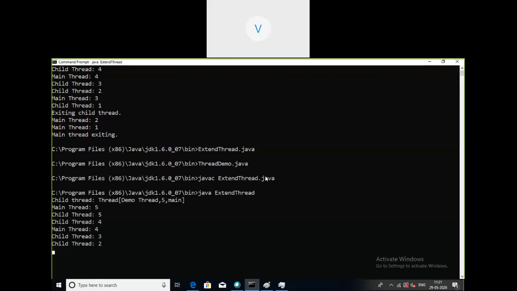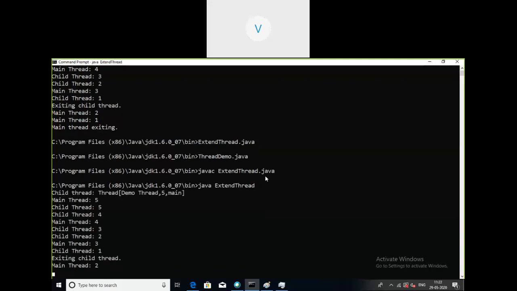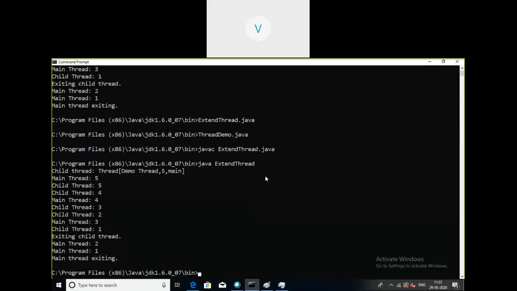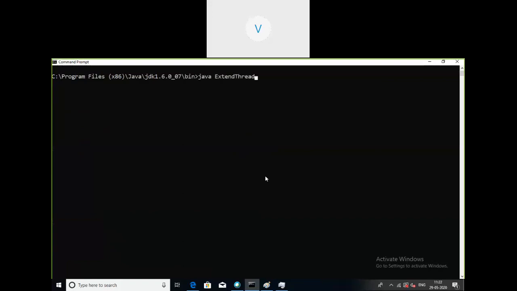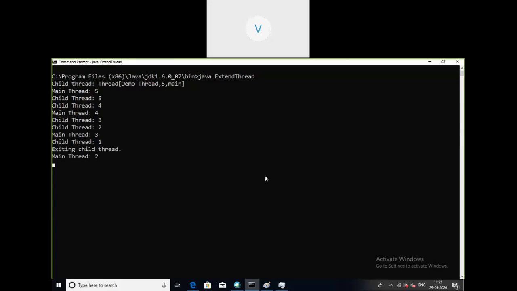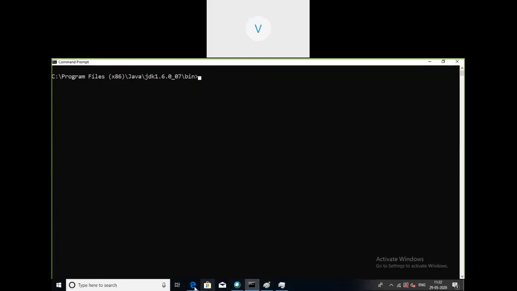So you can see main thread 5, same output sequence we'll get. The threads are being swapped. Main thread, then two child, main will complete, then main, then child will complete, then two instances of the main, then main thread will terminate. Right?